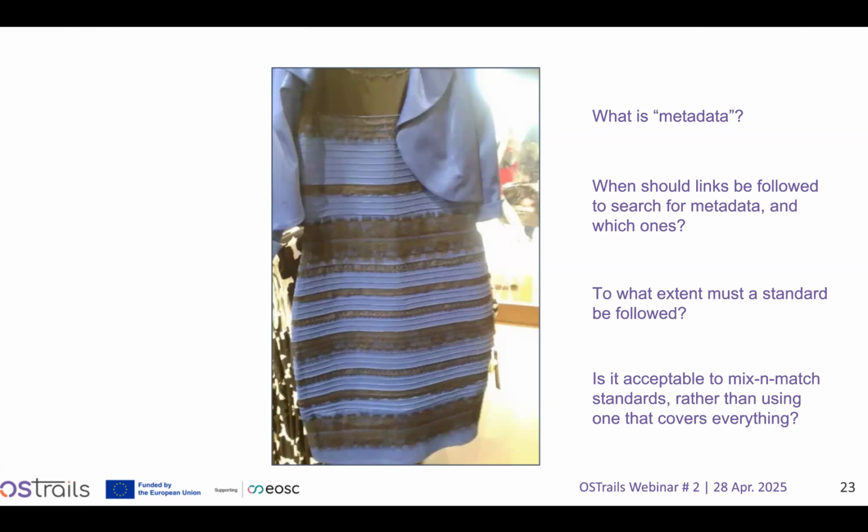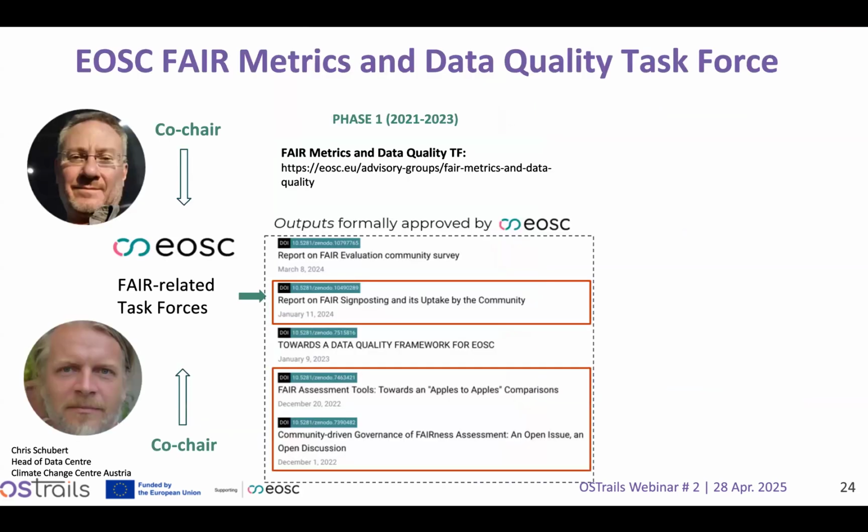So can I take, for example, partial metadata in DCAT, part of my metadata in schema.org, and part of my metadata in VoID, for example? Is that acceptable, or should you be following one standard throughout your record? Different authors of different tools came to different conclusions about that, and that's how you end up at the highly divergent scores. So EOSC was concerned about this, and so they set up, now this is back in 2021, the